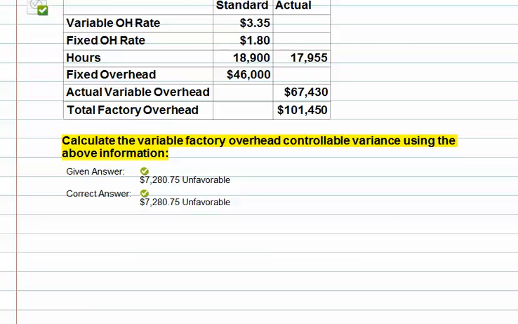This first question deals with the variable factory overhead, which is the controllable variance, and we have to calculate that. So what I'm going to do is calculate what the variable factory overhead should be based on that level of production and compare it to my actual variable factory overhead cost. So I've got to do a flexible budget in essence. It tells me